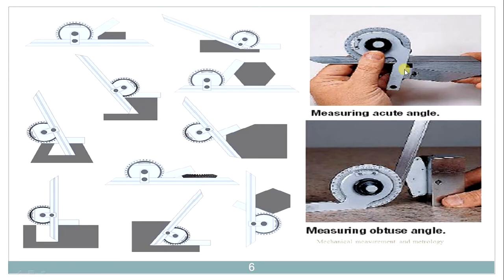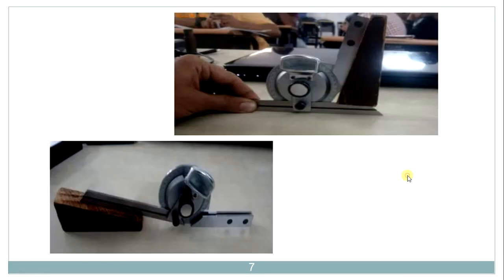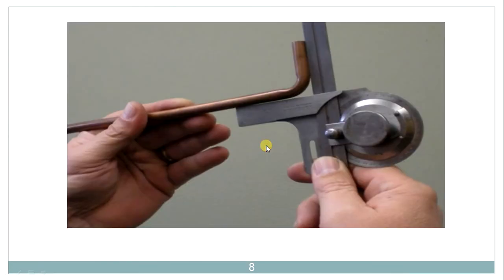Adjustment can be made with the hands, or for an obtuse angle the component can be placed. The component whose angle is to be measured may be small or big. A simple taper is shown in this figure as a demonstration. So we can go with this and take the angle. Moreover, the least count for this instrument is 5 minutes. Please remember this. A pipe whose angle is to be measured is held in this fashion.